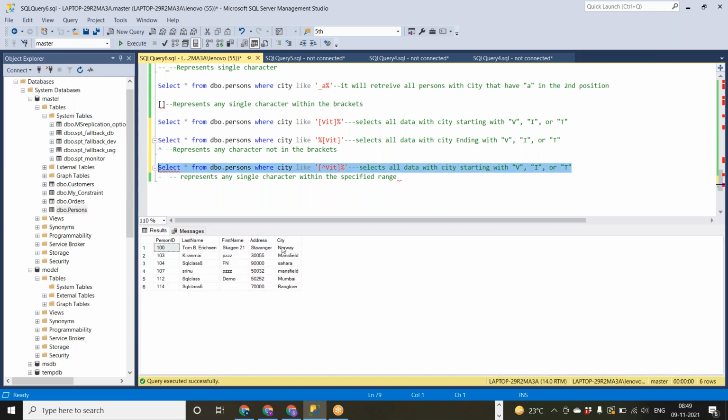See, these cities are not starting either with V or with I or with T. So it's a not operator, simple not operator.